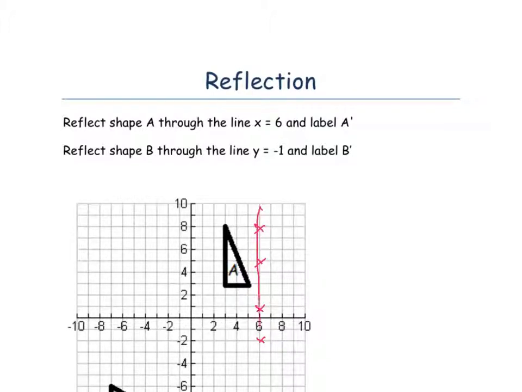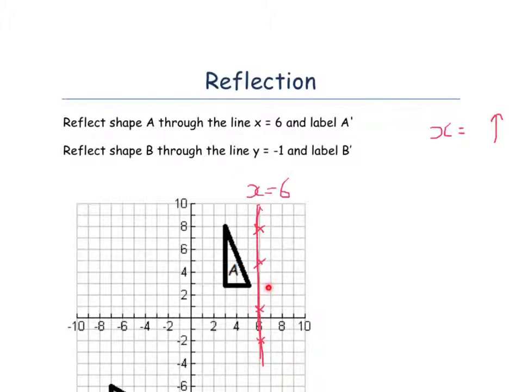It is a vertical line going through 6. So x equals 1 is a vertical line going through 1. So x equals a number is always a vertical line. So we're asked to reflect the shape A through this line x equals 6 that we've just drawn. So remember, if you're doing this on tracing paper, you draw around this shape, you draw on the line of symmetry, and then flip it and just colour over your shape, and you should find it appears in the correct